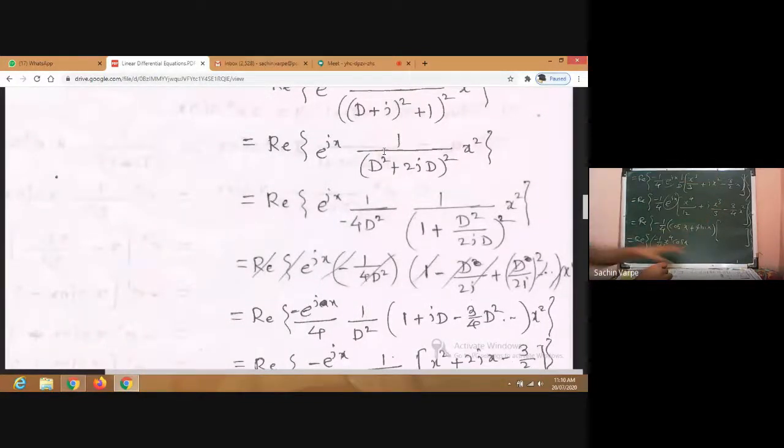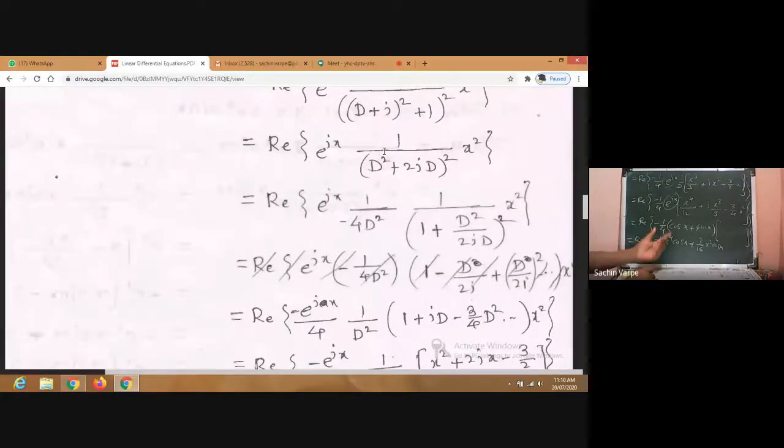I'm writing. Now see here, what I'm doing, I'm multiplying each term of this to each term of this, isn't it? And I'm considering the real plus i times imaginary. So I'm writing the real bracket first. So this into this will be real. This into this will be imaginary. This into this will be real. So minus minus plus 3 by 16, 3 by 16 x square cos x.